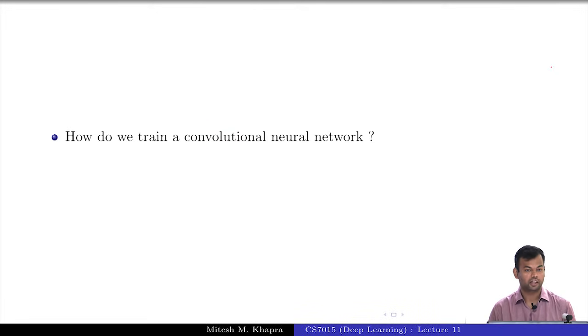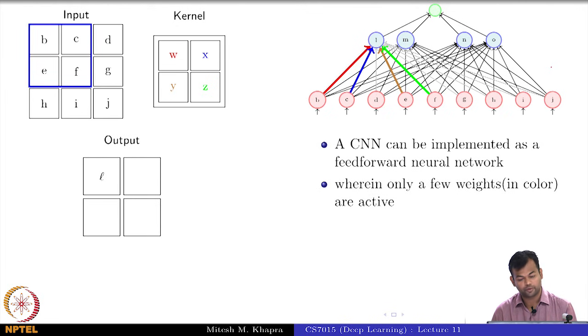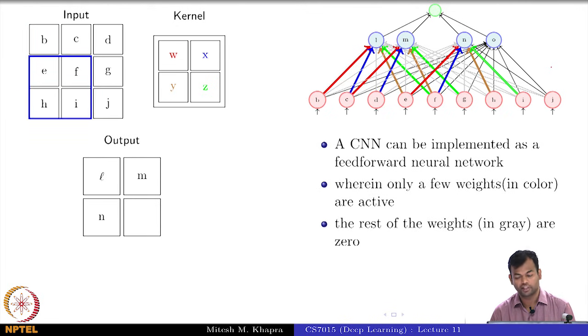So now how do we train a convolutional neural network? What's the answer? You're nodding, that means you don't know, or you know, or it's too trivial to even ask this question. How will you train it? But how do you backpropagate through a convolution operation? That's a very nasty looking operation. Okay. A CNN can be implemented as a feed-forward neural network, with what being the difference? Only some of these weights would be active, all the gray weights will not exist, only the colored weights will exist, right? Now can you backpropagate through this network?